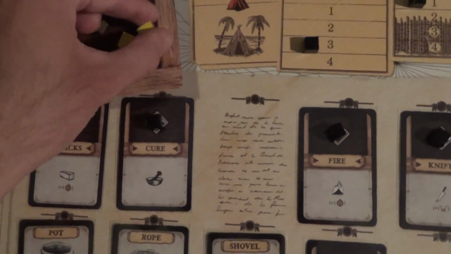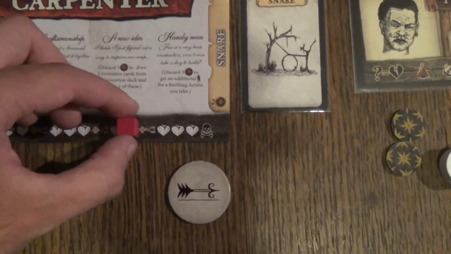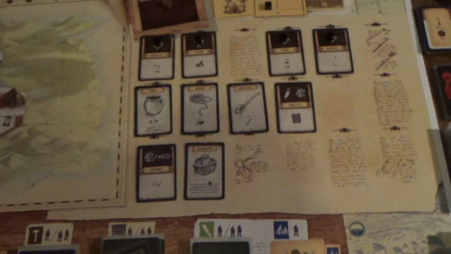The night phase, again, shelter, no additional environmental damage. We eat for the night, and with this last piece of food we heal ourselves. I think one wound here. Okay,